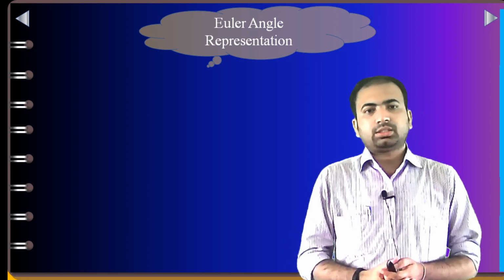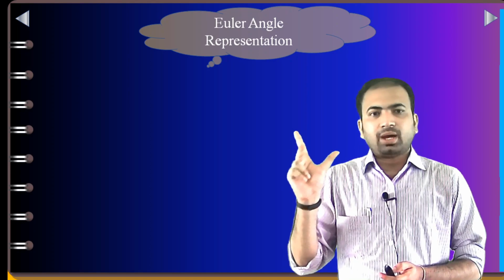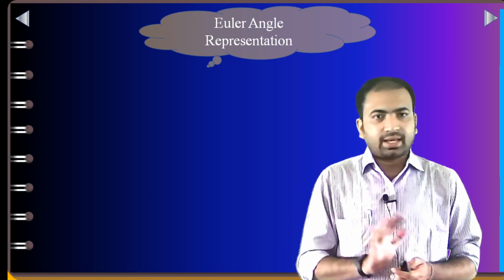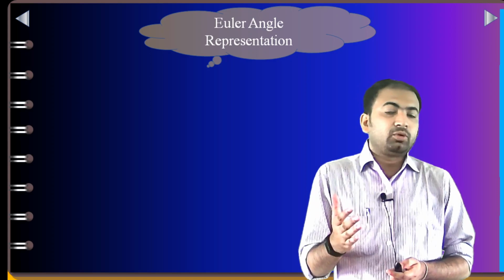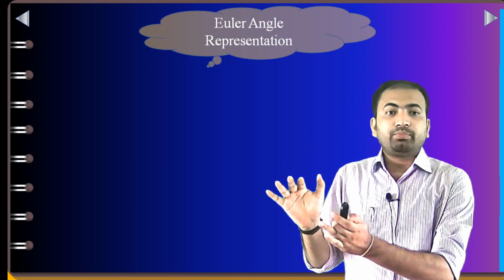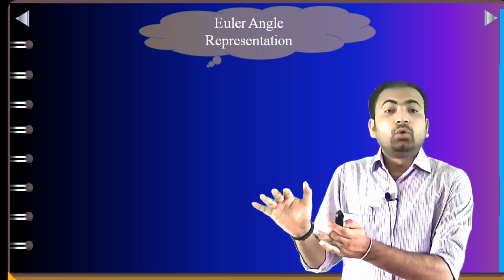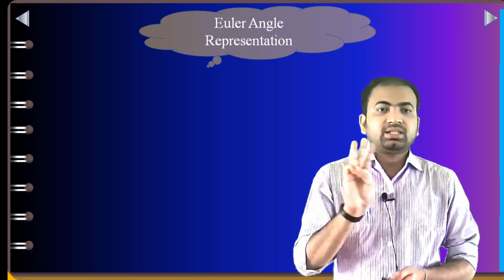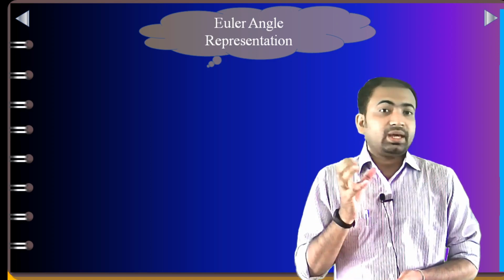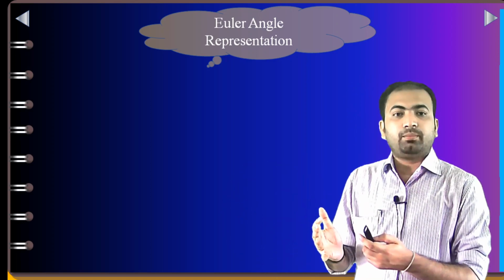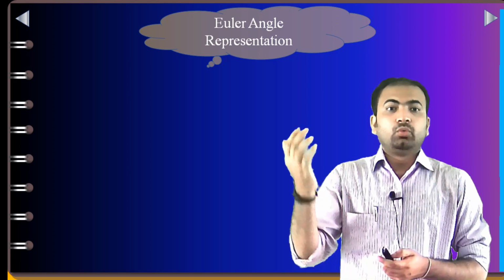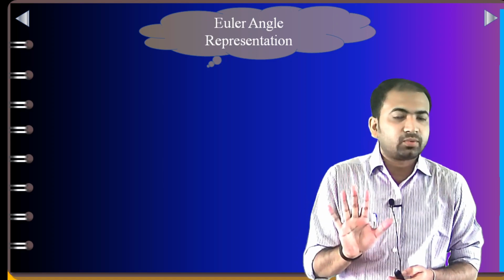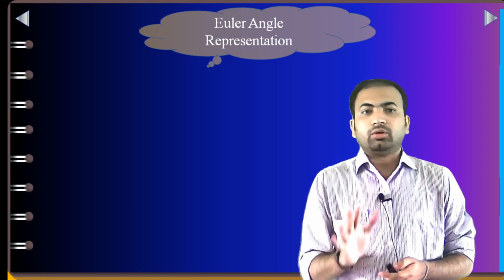In the previous case, we rotated our x, y, z frame first by an angle theta 1 with respect to the x axis, right, and then we rotated the new frame by an angle theta 2 with respect to the y axis of frame 1. And the third step which we followed in the previous case is we rotated the newly constructed frame by an angle theta 3 with respect to the z axis of the first frame, not the newly constructed frame. But here we are going to follow a different methodology.